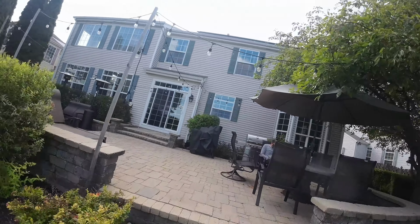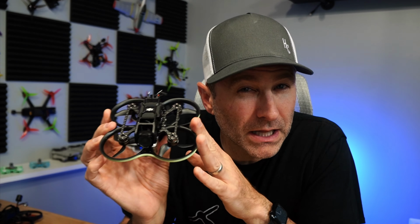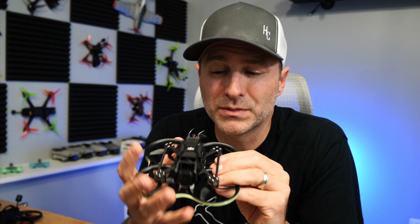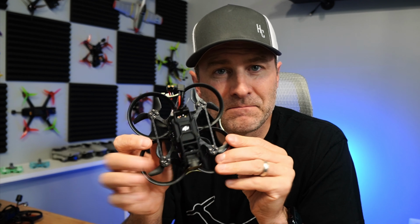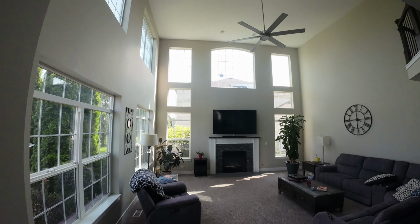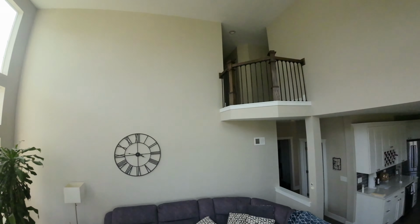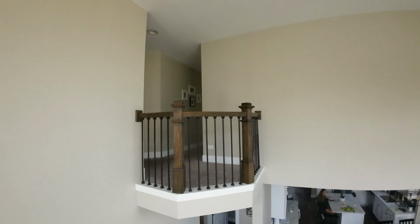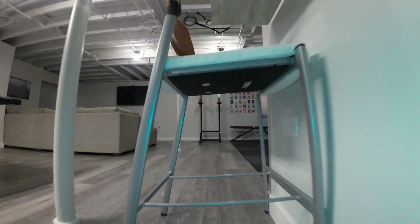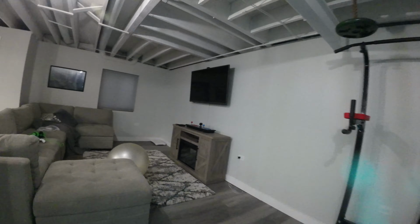So I do like how this thing flies, but I think at this point we're getting a little bit large for flying inside. Like I wouldn't use this like I would one of my whoops flying through hoops and things. You probably could, but it's just kind of getting kind of big at this point for something like that. This is nice for maybe doing house tours or something like that where you want to fly through some smaller gaps. I think that's where this kind of excels, and having a larger footprint is definitely a step above this